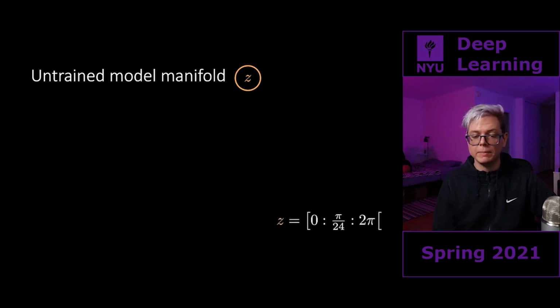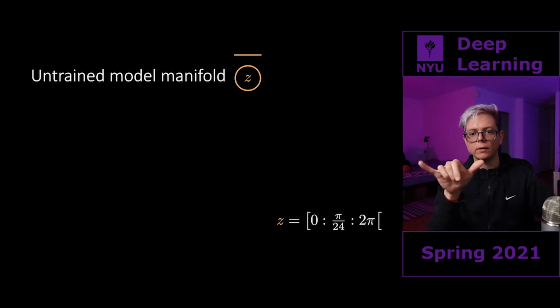And Z is going to be going from 0 to 2 pi with 2 pi excluded. That's why there is a square bracket flipped in the other direction, with intervals of pi over 24. So there are 48 different values, 0, and so on, until 2 pi. So Z can be thought of as these discrete points on a line that is going from 0 to